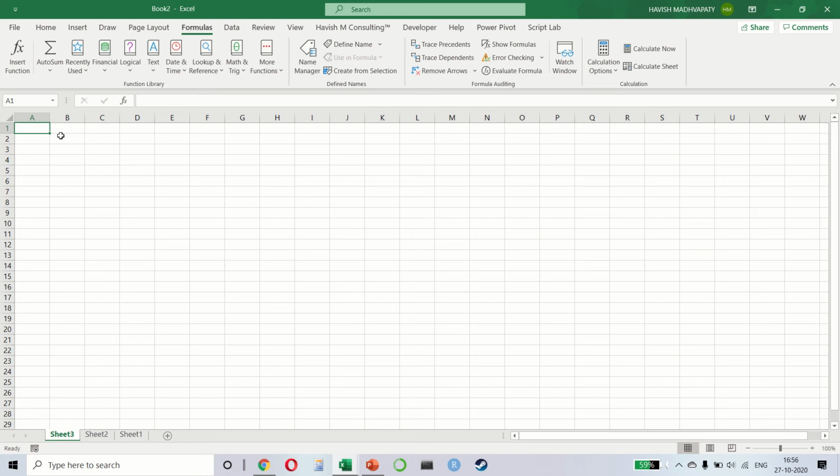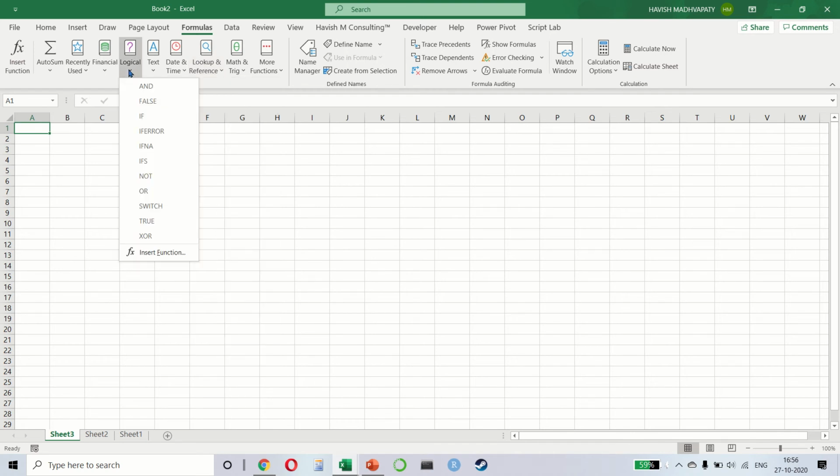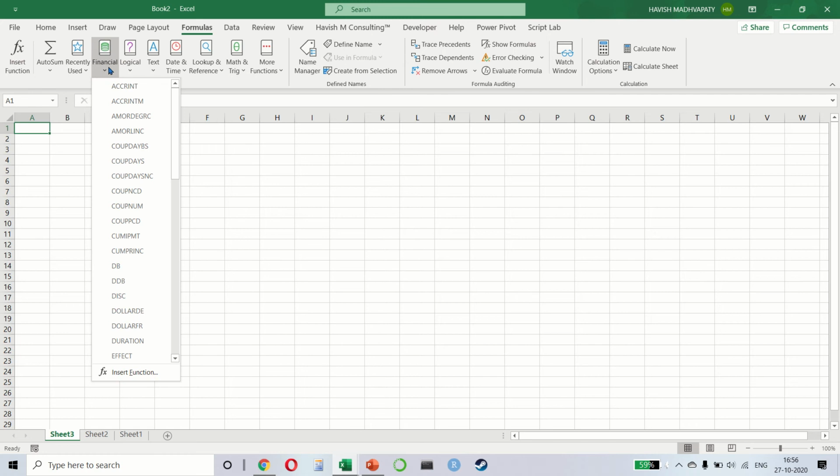In this lecture, we will look at the formulas tab, which clearly is where you would be spending most of your time. There are other advanced courses that I have on Excel. So if you want to learn these formulas in more detail, for example, if you want to master VLOOKUP, if you want to master if statements, SUMIF, COUNTIF, which is data cleaning, maybe text functions, or if you want to look at financial functions, there are different courses that I have on all of these.